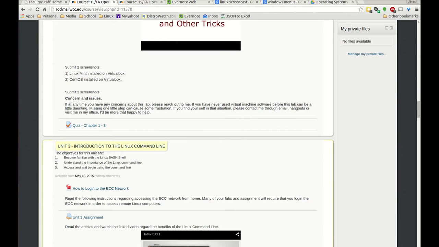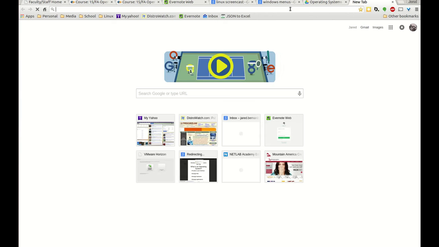Welcome. I'm now going to demonstrate how to log into the ECC network and then how you're going to connect via the command line to a Linux server and how most of your assignments are going to be done. So let's begin. The first thing you want to do is open up a new tab or a web browser, and you're going to go to the following address: